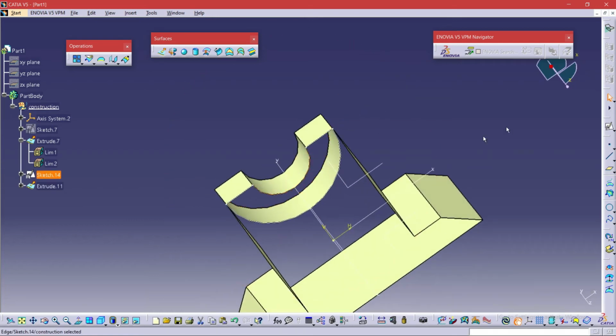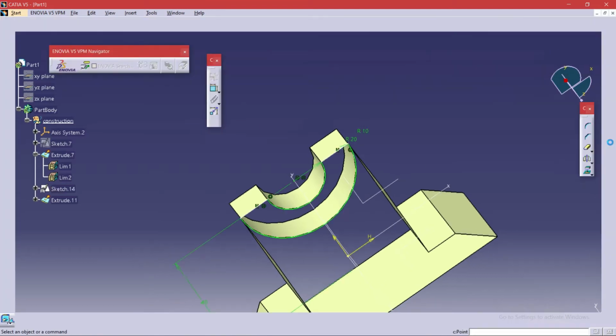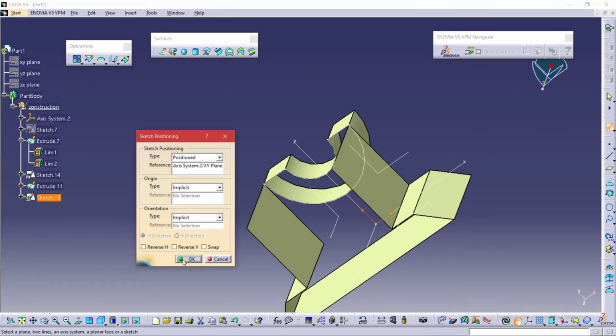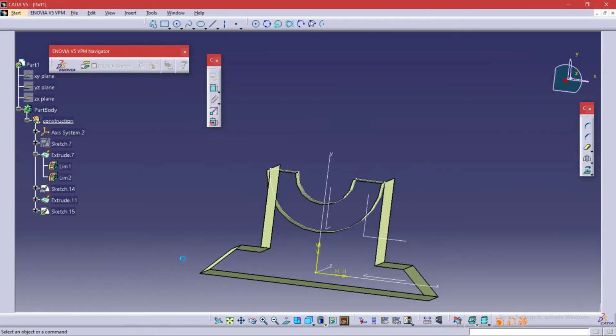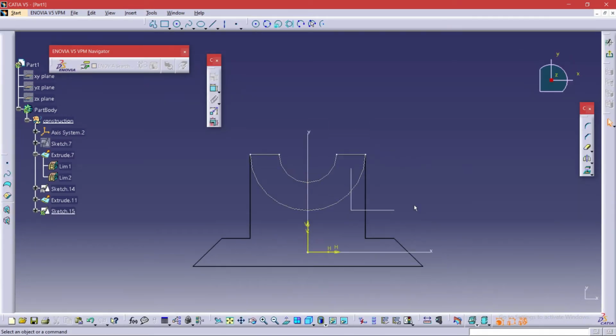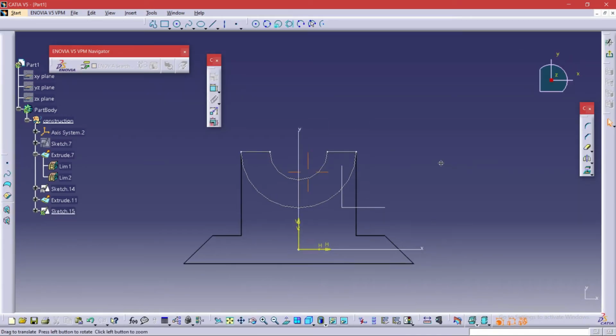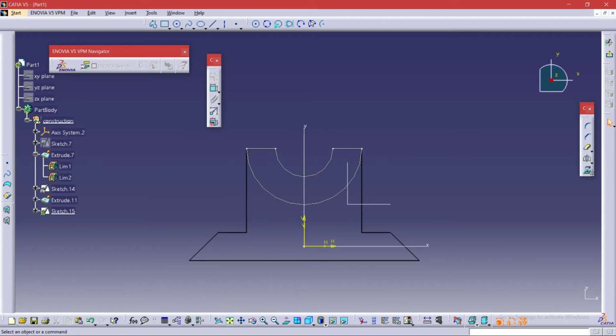I have to think about how I can make this product complete. I need to extrude a little part behind so that I can produce a pipe-like structure throughout. I'm going to sketch everything again. I'm going to put in the required lines which were present. I'm going to do the 3D component.